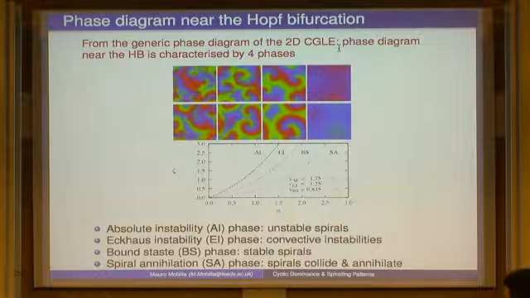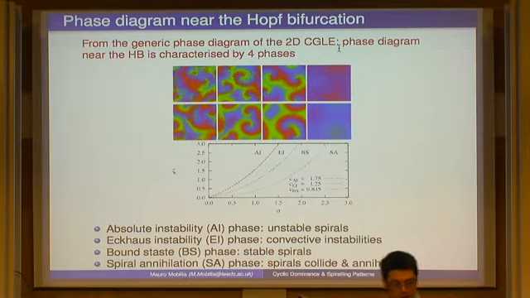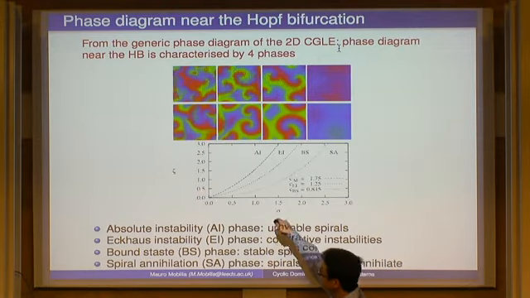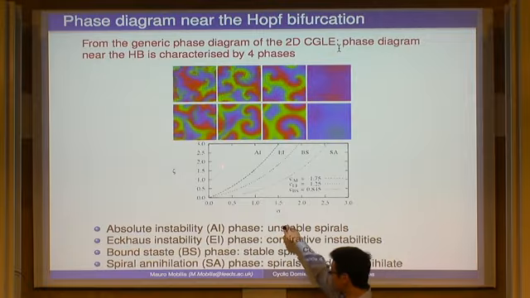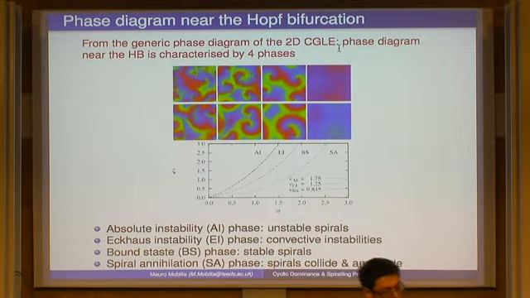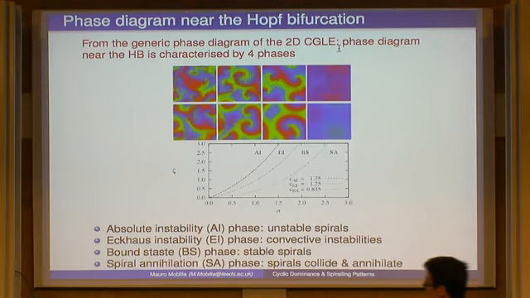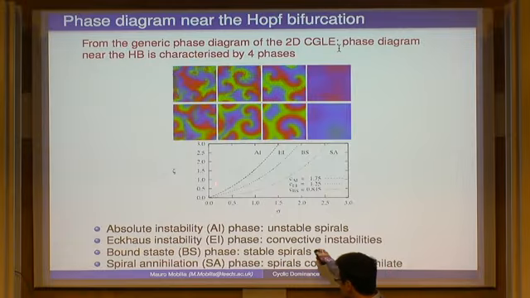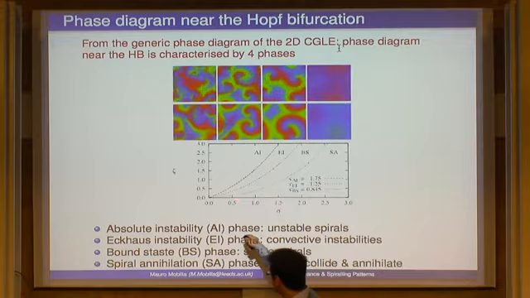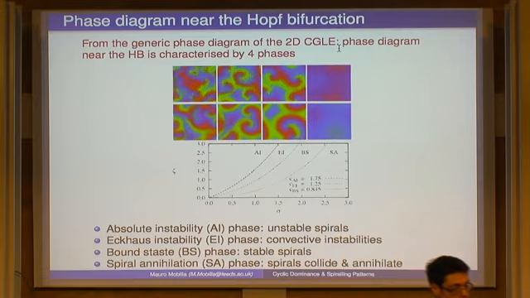What I know is that a lot of people studied the system with sigma 0 and zeta something, the model that you were referring to, and in all their simulations they never observed stable spiral waves. It's always a mess. And in this model where you have both, you see that when sigma goes to 0 and you have zeta, you are always in this phase, near the Hopf bifurcation. So this is an explanation, I think, for what this guy observed.